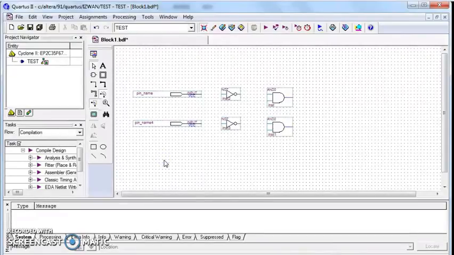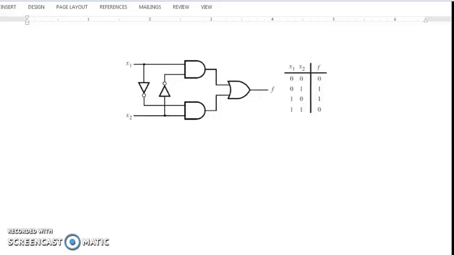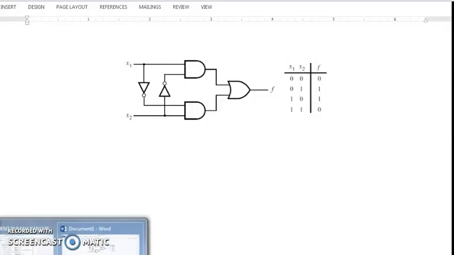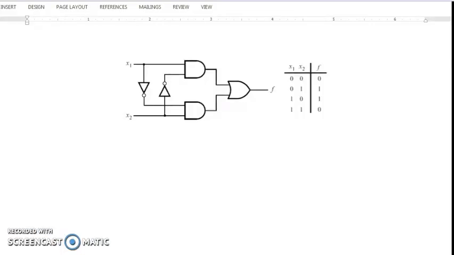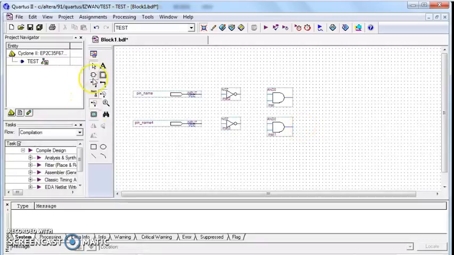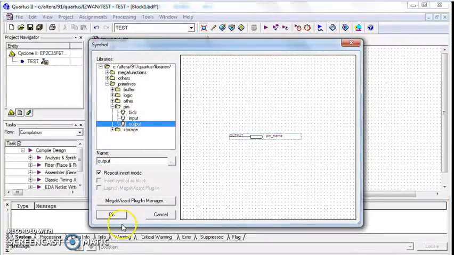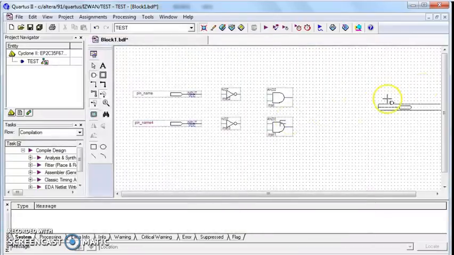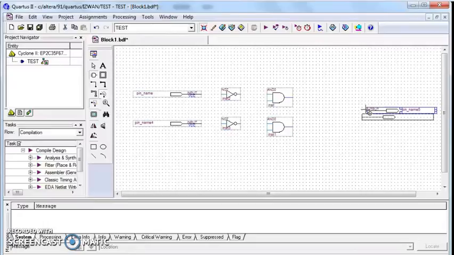Okay, and then refer back to the diagram. Here we still need one more gate, which is the OR gate, and then the output port for F. So we go back and look for the output port and place it here, because this is where your output of F will be obtained. And then click on cancel,